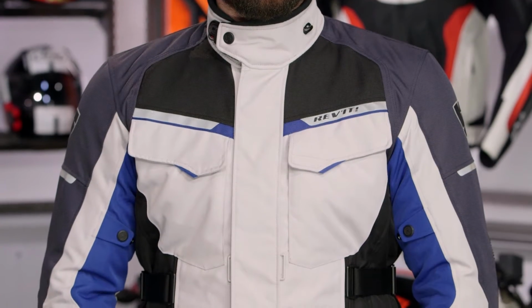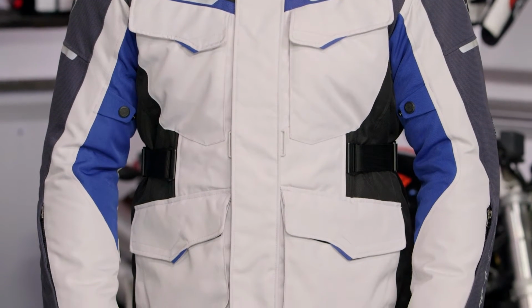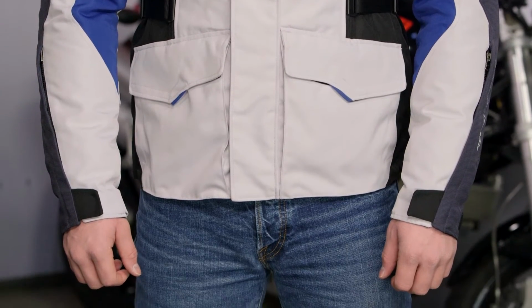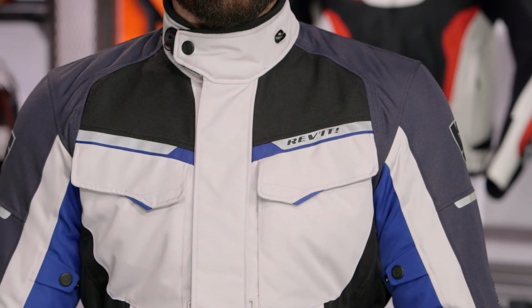So for 2016, REV'IT has made some great strides with the Outback 2. The main two upgrades that we're going to see is they've gone to a Seeflex CE approved level 2 armor in the shoulders as well as the elbows, and in the elbows we're going to see them beef up to a 1600D power shell material that's going to give you extra impact protection in the event of a crash. Now there's going to be other things that we're going to see them update throughout, but really first and foremost,